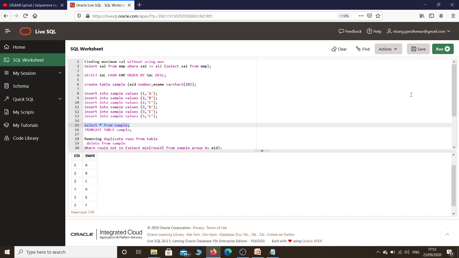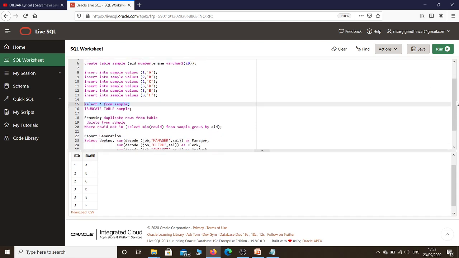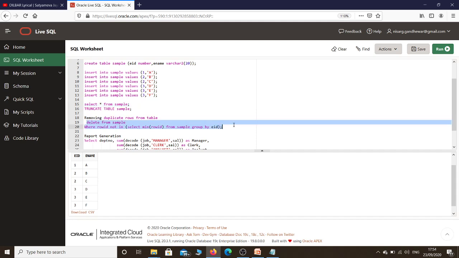So that I can do with the help of this query. Let's execute this query so that you will understand what kind of output you are getting. What I have written over here: delete from sample where row ID not in. First of all, the inner query will be executed, and in that case it will return the row ID. So what is row ID? Row ID is nothing but a unique number that is assigned to every row of the table. I already explained about this. So I execute it. So 3 rows are deleted.